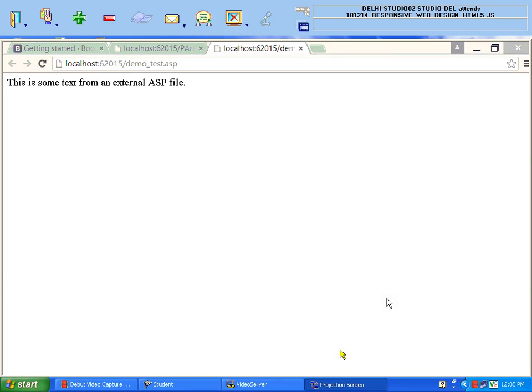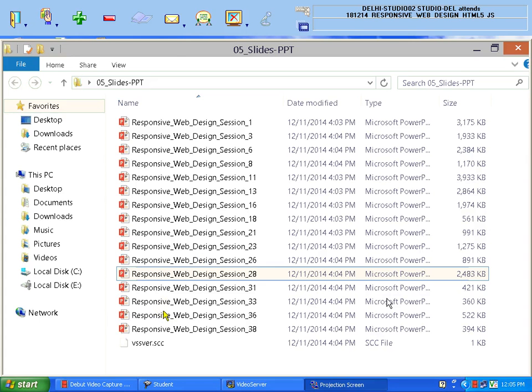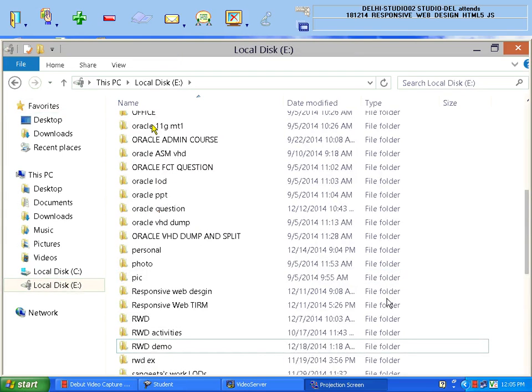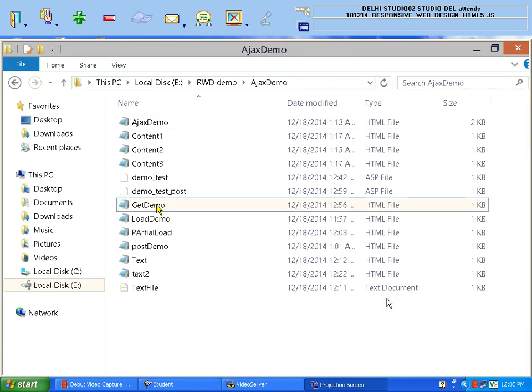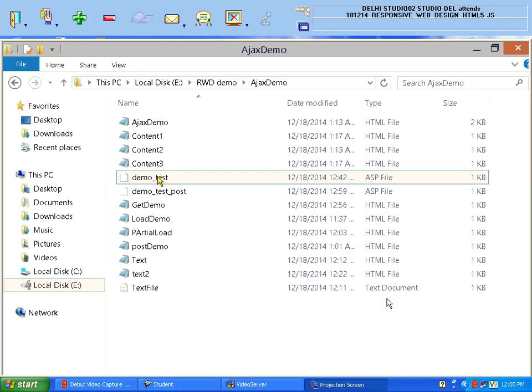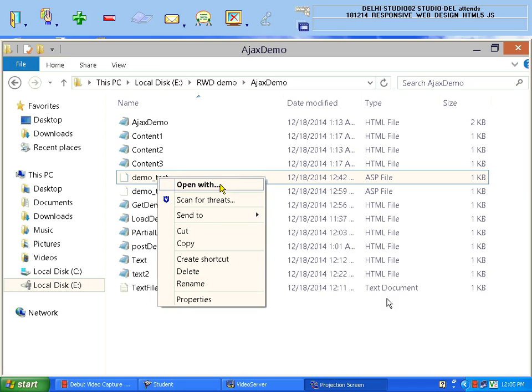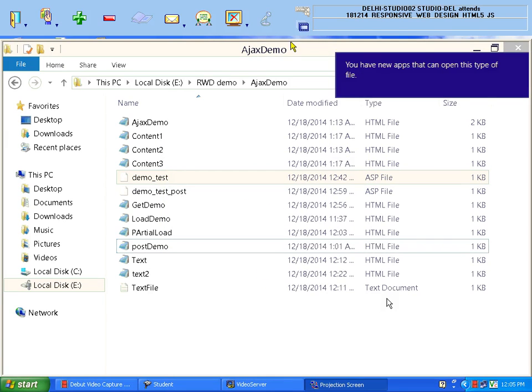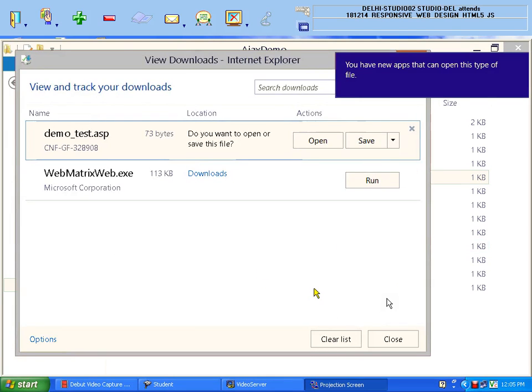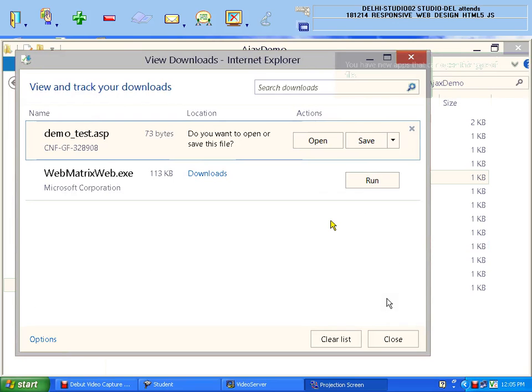If I try to run my HTML page from here directly, I can run it, but if I try to run the ASP page directly, you can see I cannot open that page, because for that I must have a web server to run it.